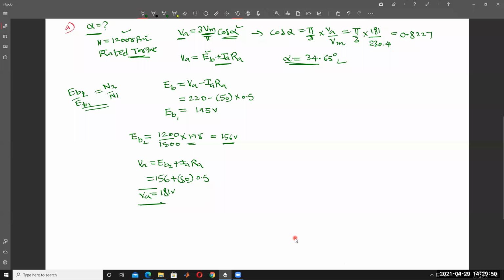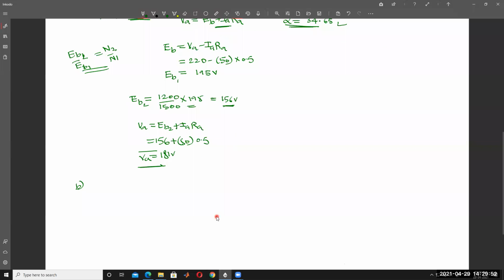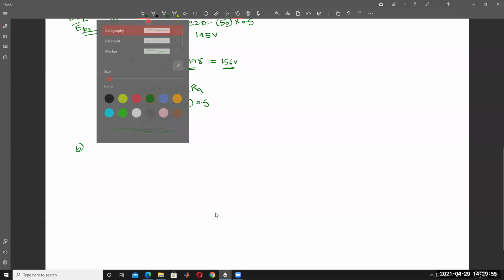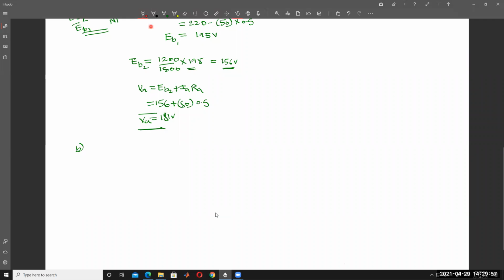So, second one, B question. Try to concentrate at rate of torque twice the rate. So here EB, speed is minus 800 rpm. Am I right? Speed is equal to minus 800 rpm. Then find the back EMF here. With respect to this speed, EB2 is N2 divided by N1. N1 how much? 1500 rpm. So N2 divided by N1 into EB1.